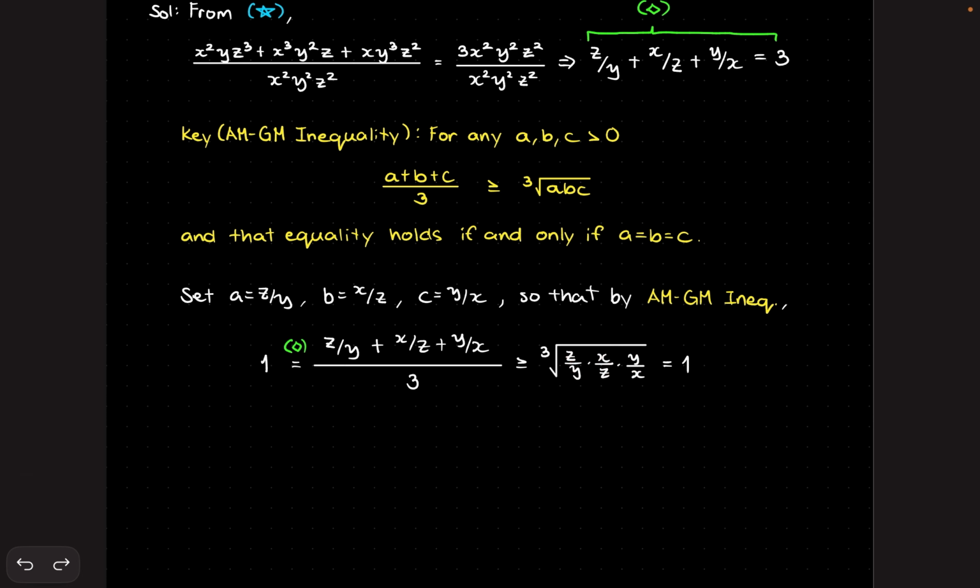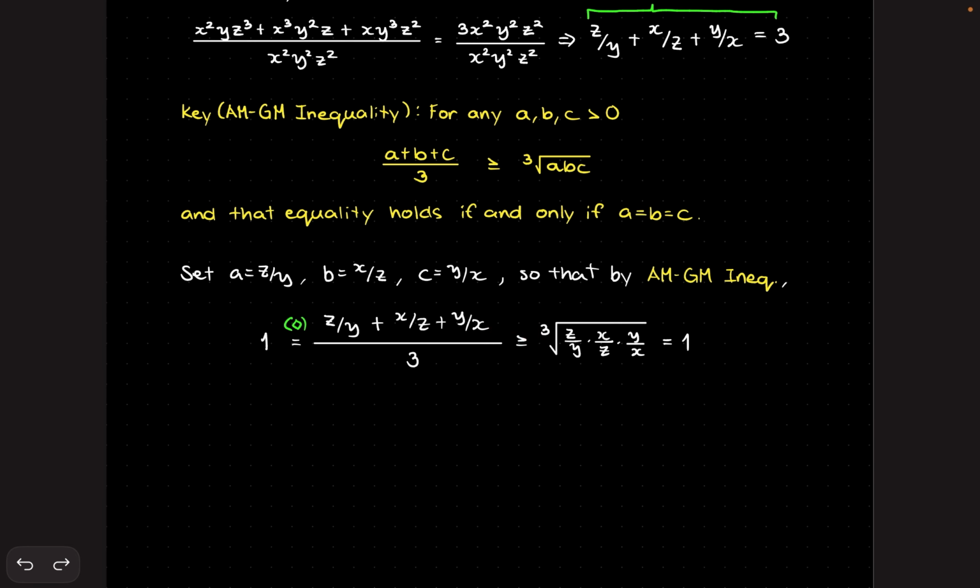And what do we have here? So we can see here that 1 is greater than or equal to 1. But we know that in inequalities, if the left-hand side and the right-hand side are equal, then we are forced that this inequality here become equality. Okay? So when that happens,